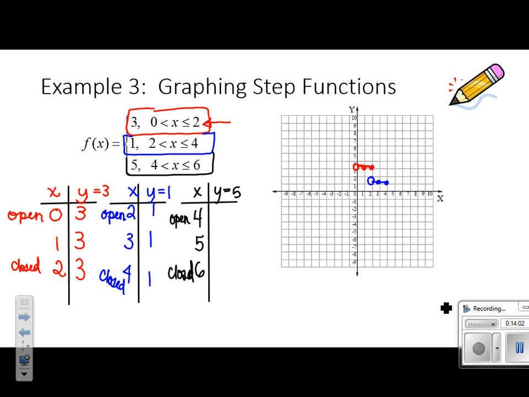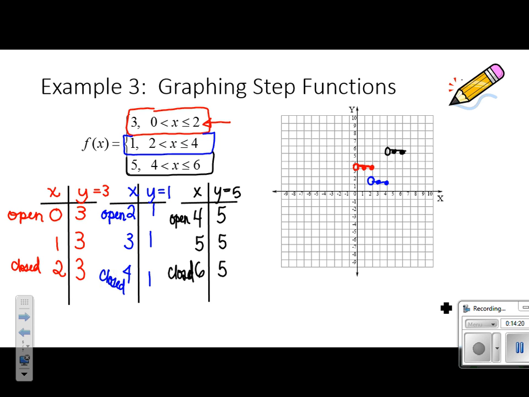And no matter what value x is, because it says y is equal to 5, y will always be 5. Okay, so then we come over here and we go 4, 5, open circle, 5, 5, 6, 5, closed circle,